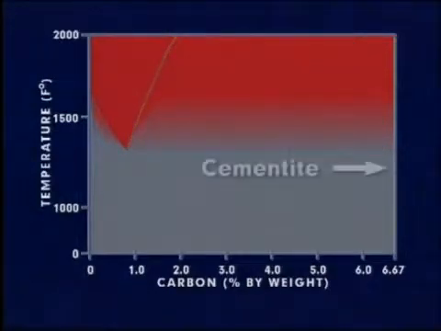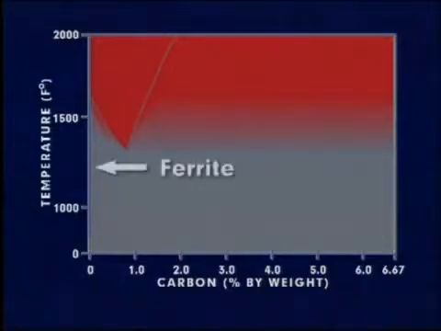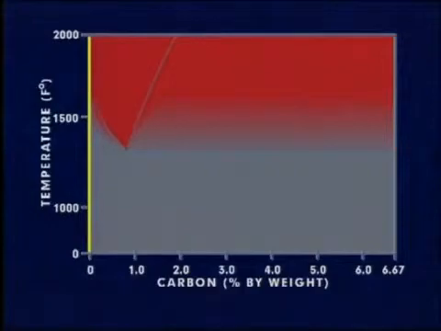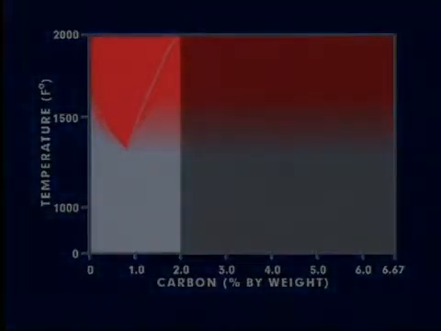The right-hand side of this iron-carbon phase diagram represents cementite, also known as iron carbide. Cementite contains 6.67% carbon. Though this phase diagram ranges from ferrite, with very low carbon content, to cementite, with 6.67% carbon, most steels contain